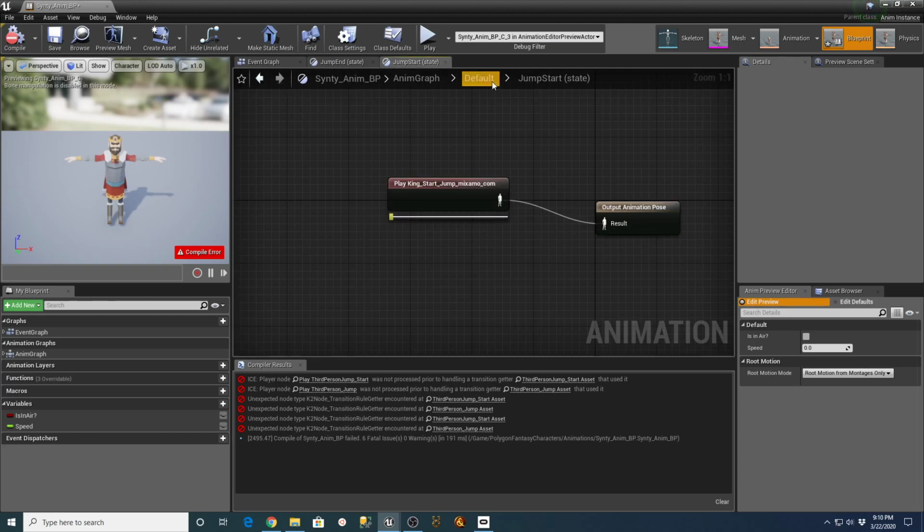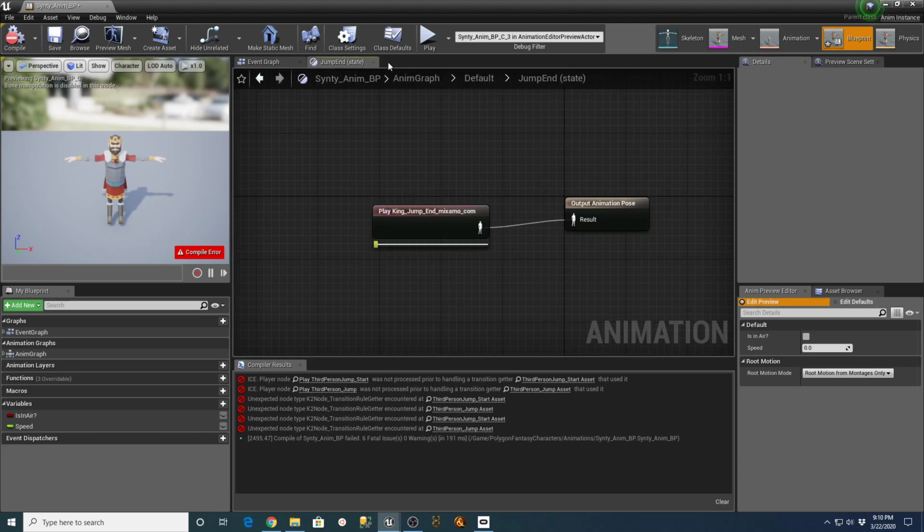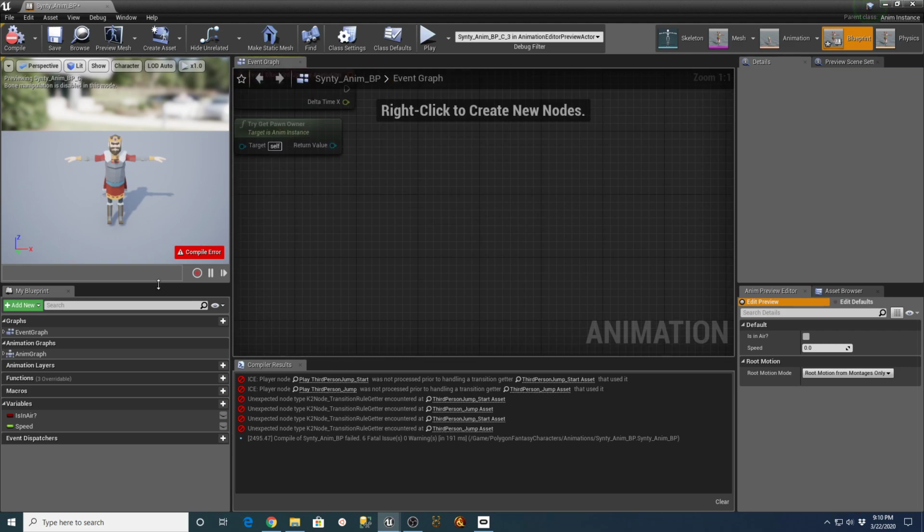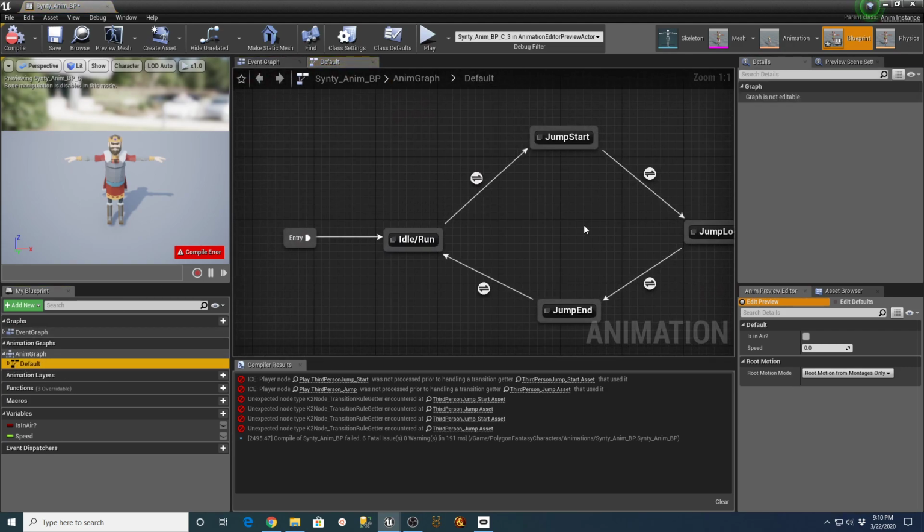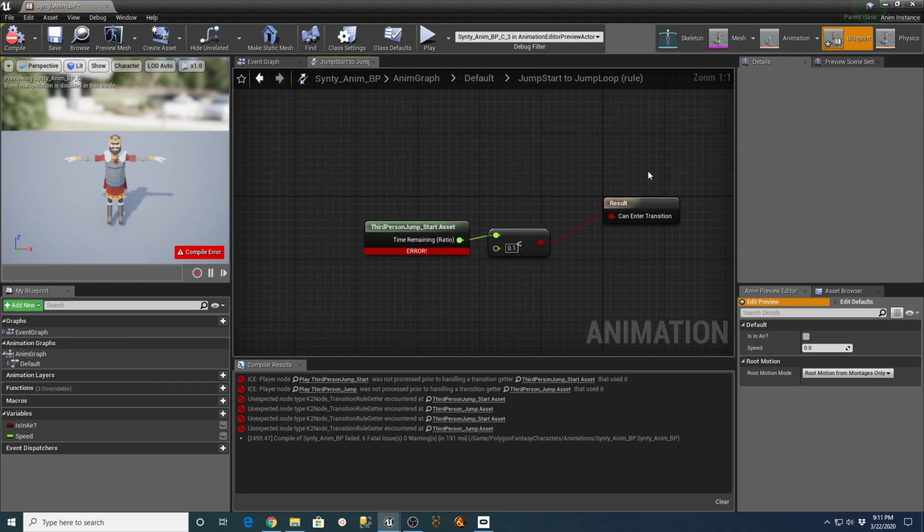My guess would be there's going to be a reference to how long something lasts, right? So how much time remaining is left on here before it can transition into this. And what it does is it takes a look at the overall number of frames that are in that jump start and figures out at the end of the jump start how it transitions into jumping. So all we have to do is just change our reference here, and this has to be a time remaining.